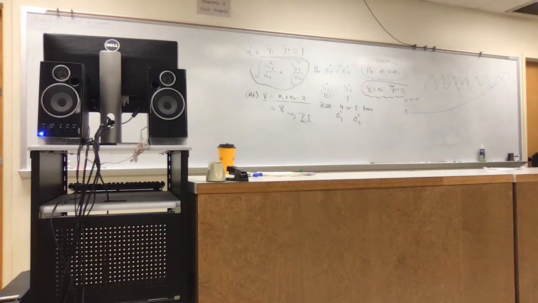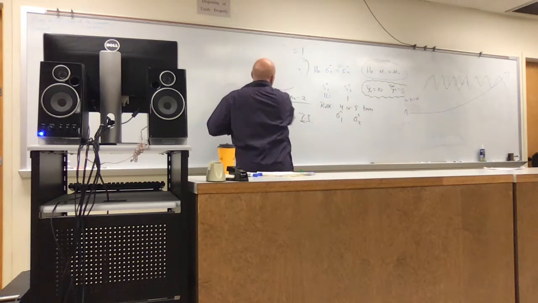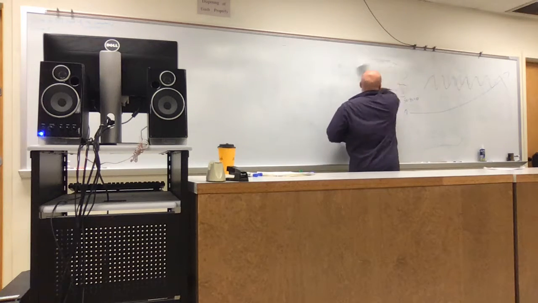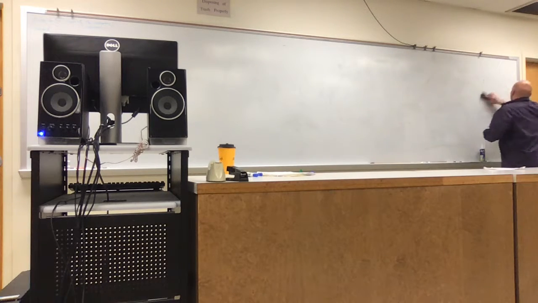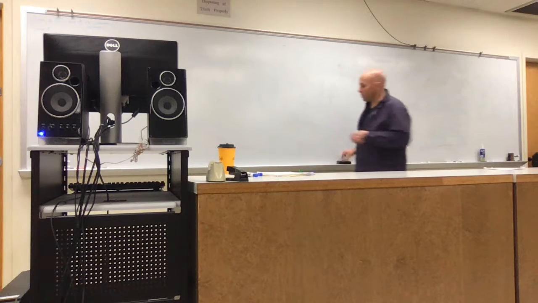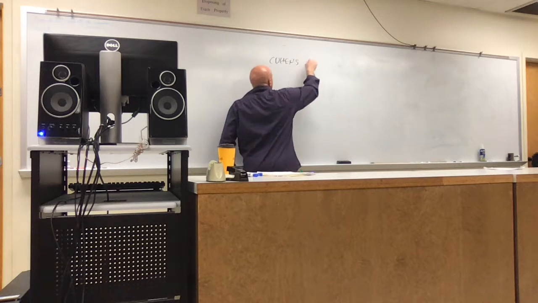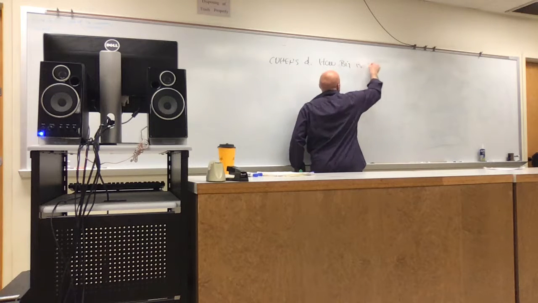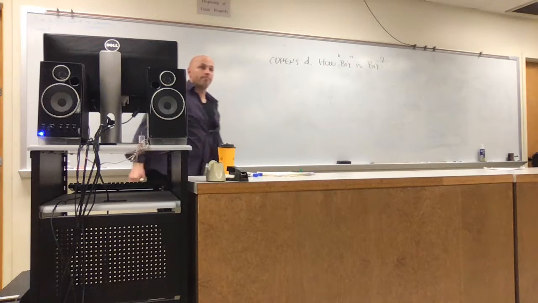Cohen's d. The other topic we need to talk about is Cohen's d. How big is Cohen's d? That's one of the questions on the assignment: what's a big Cohen's d? What's a small Cohen's d? We could also talk about that in terms of eta squared, now that we're getting into effect size for ANOVA, which we'll talk about more. But we have Cohen's d. How big is big for a Cohen's d?